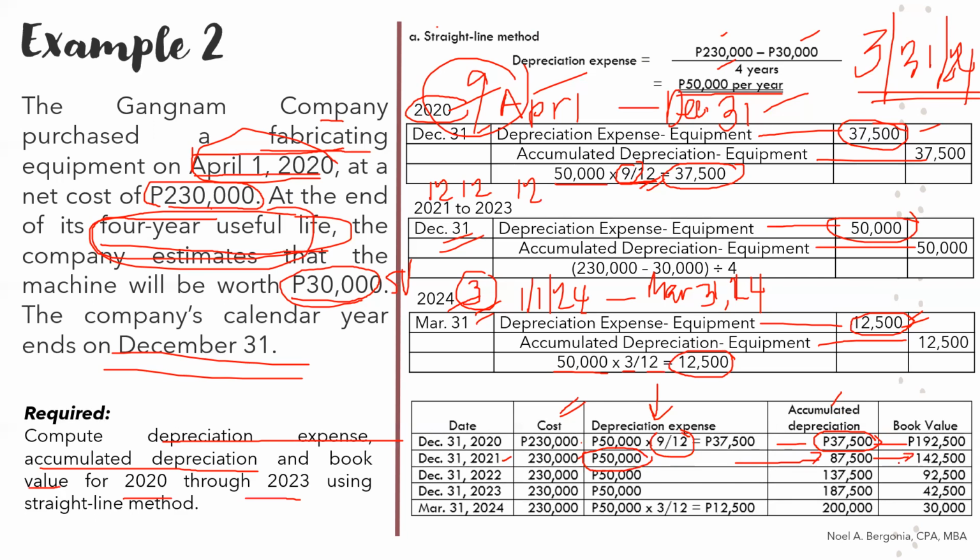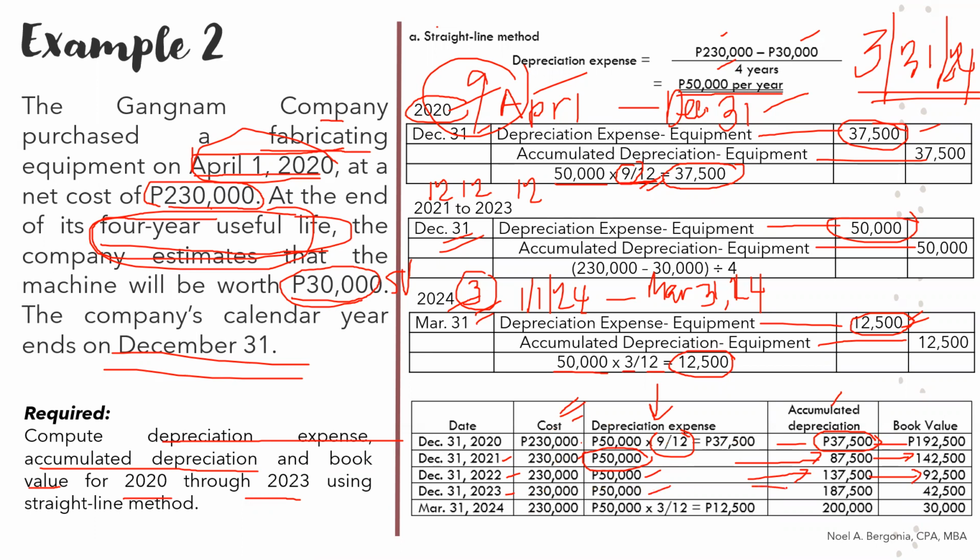142,500. Okay? In 2022, same din, good for 1 year, 50,000 ang depreciation expense. Kaya dumagdag ng 50,000 yung accumulated depreciation, naging 137,500. Deducting that from the cost, ang book value na lang natin as of December 31, 2022 ay 92,500. Then in 2023, okay, pang good for 1 year ulit yan, nag-entry ka, may depreciation expense na 50,000, dumagdag